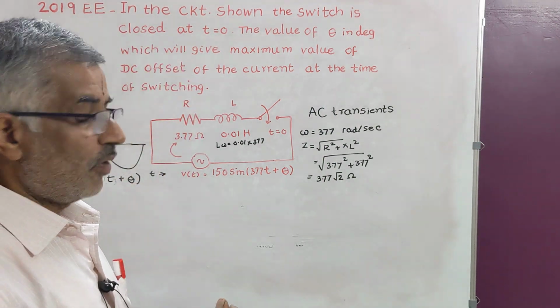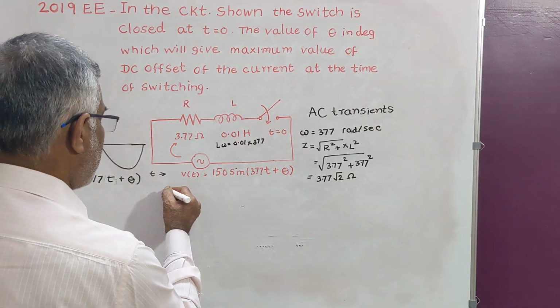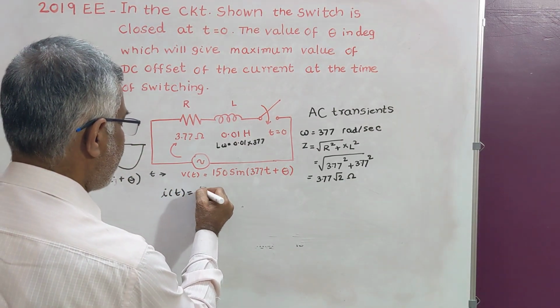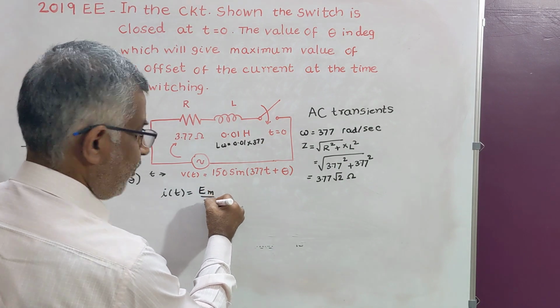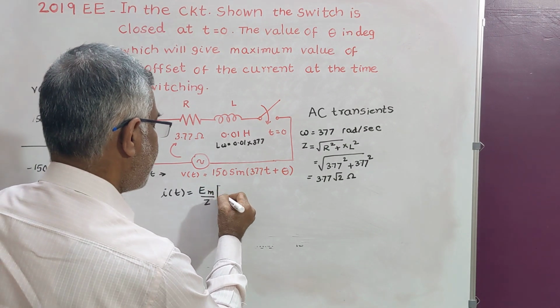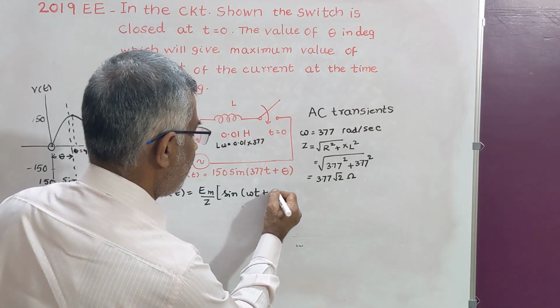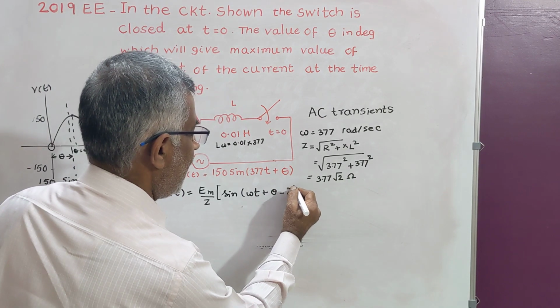There is no time at all. Now I will write the expression solution. i of t is equal to Em by Z sin(omega t plus theta minus lambda)